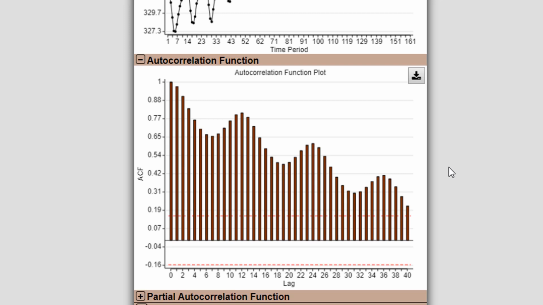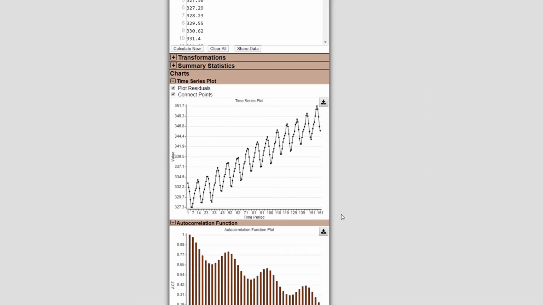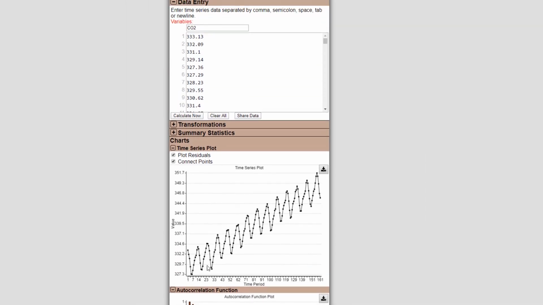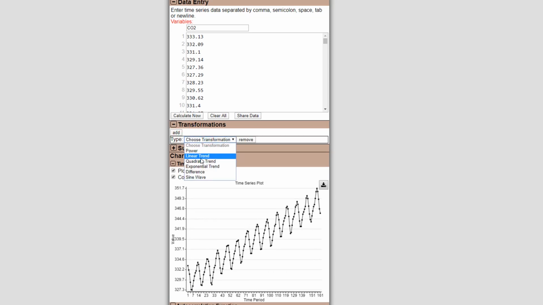So every 12 months there's this cycle that continues, which I can try to account for in a number of ways. The first thing I want to do is account for this linear trend. So I'm going to add a linear trend